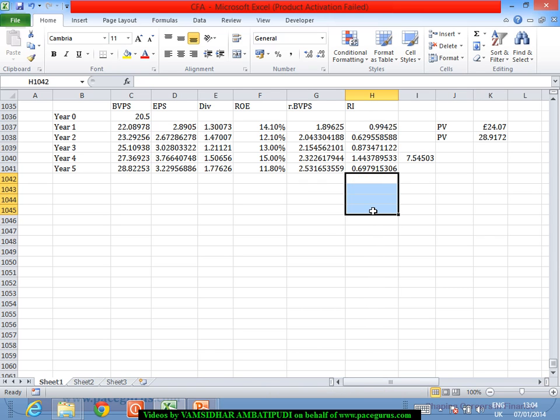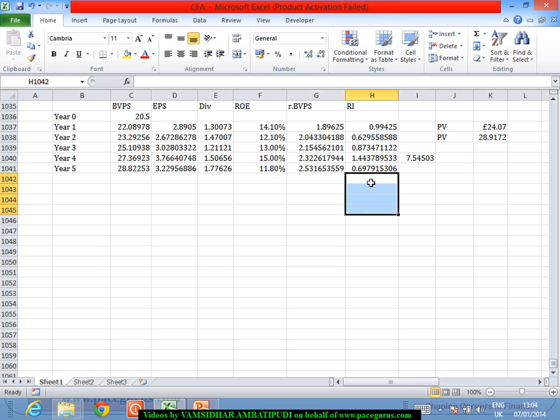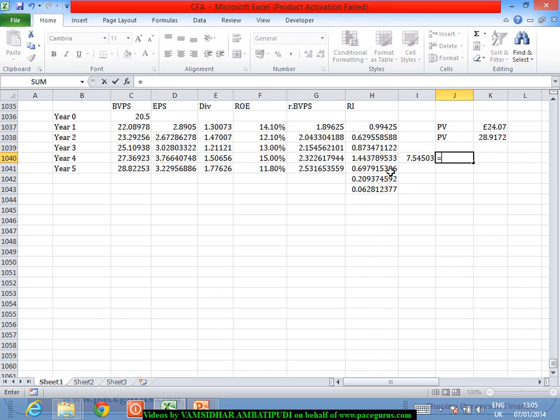It will drop down to 0 with a persistence factor of 0.3, which means the next year's RI will be 0.3 times the previous period's RI. So from here onwards, again, I can do it as an infinite series. What we are saying here is the present value of all these things,